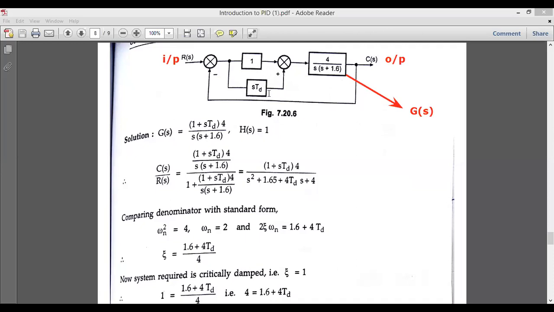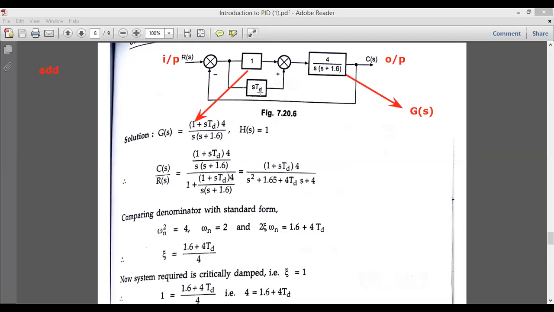Then here is one more small section constructed by two blocks, but these two blocks are in parallel. Do not consider this as a feedback, because if you look at the arrow marks, one is going to the summing block and sD is also going to the summing block. If blocks are in parallel, we need to add both the values. That is the reason you can see 1 plus sD. After adding these two blocks, we get this 1 plus sD.